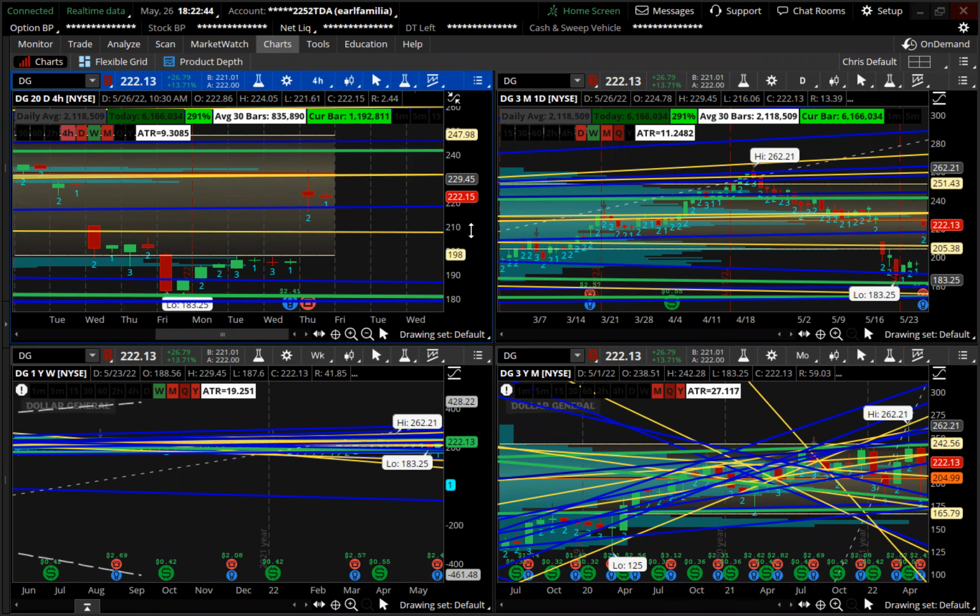It may not continue to run up like it did today. It may go sideways, but I don't expect it to fall, even though it is potentially giving you that 2-1-2 down on DG. It's not one I'm going to alert to the upside, but if it does pull down, it's not going to pull down very far. It might pull to this BF here around 217.